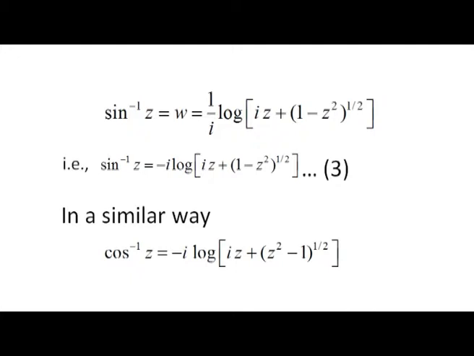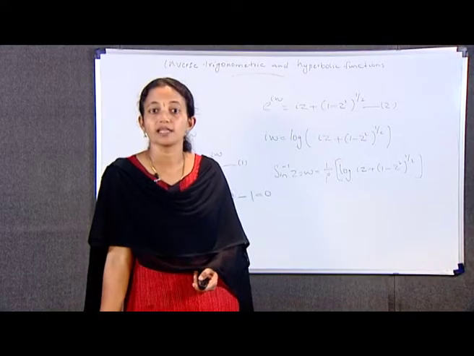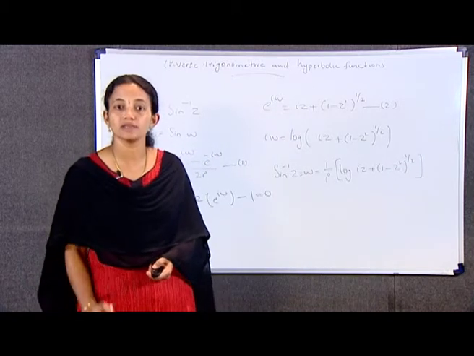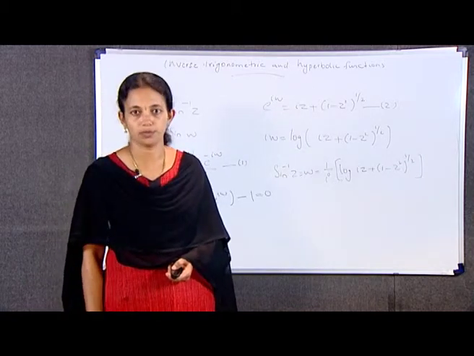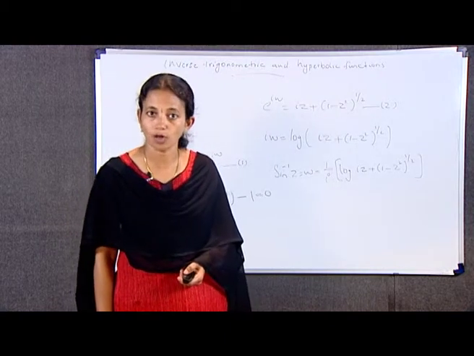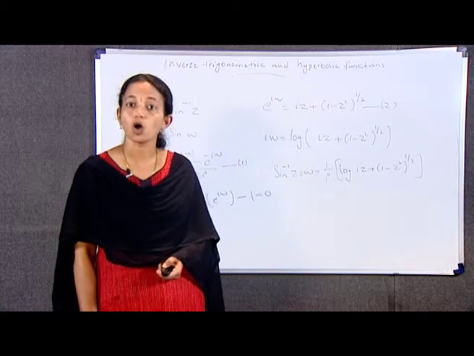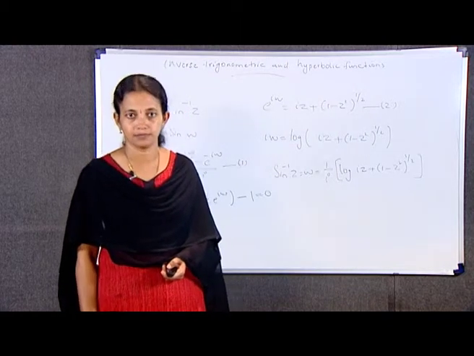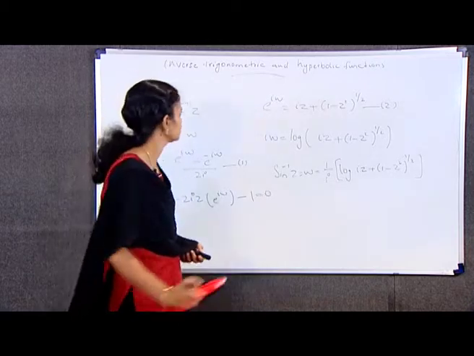In a similar way, cos inverse z is equal to minus i log iz plus z square minus 1 raised to 1 by 2. Note that the functions sine inverse z, cos inverse z and tan inverse z are multiple valued. When specific branches of the square root and logarithmic functions are used, all three inverse functions become single valued and analytic. Example,